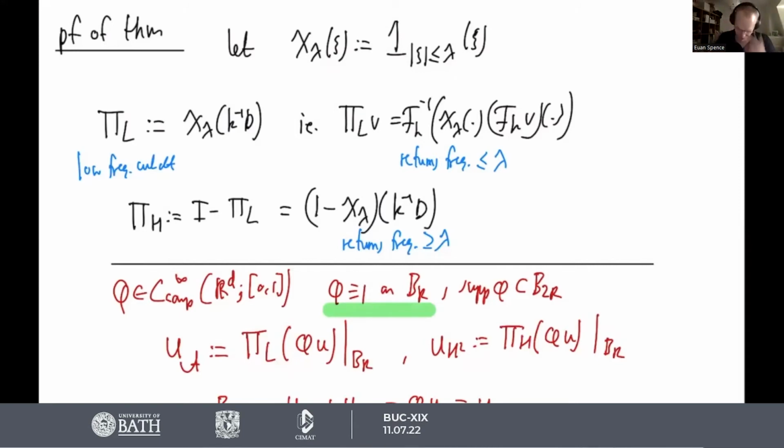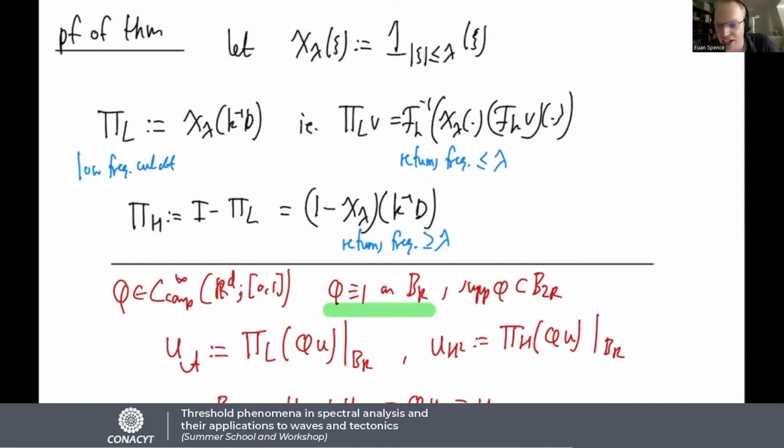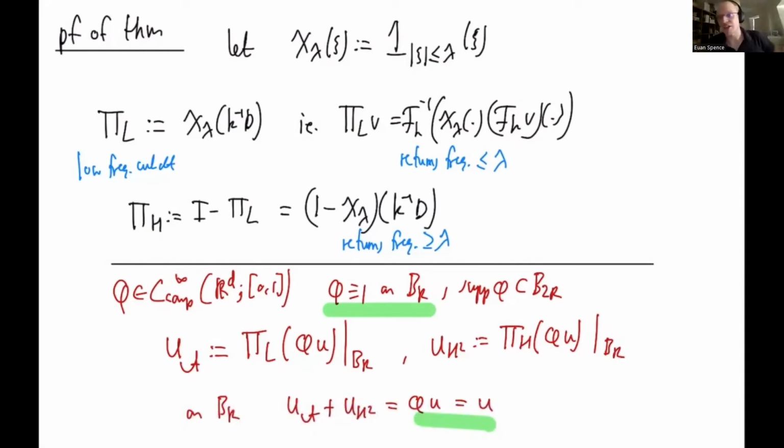Is that a question? Is the R going to vary eventually? So R is completely arbitrary. We get to choose R, so we want it to contain